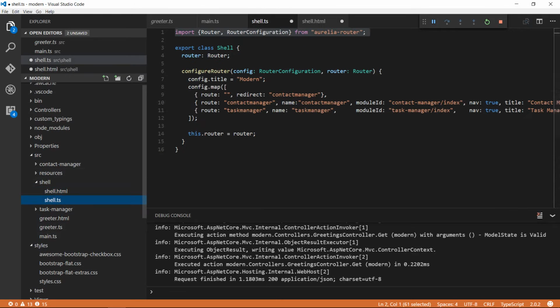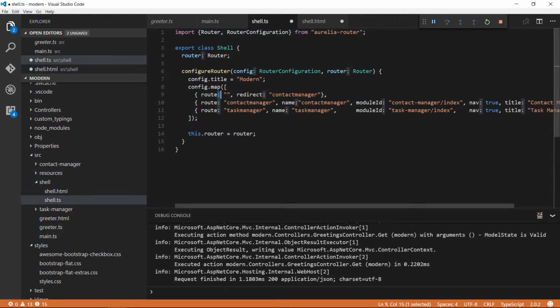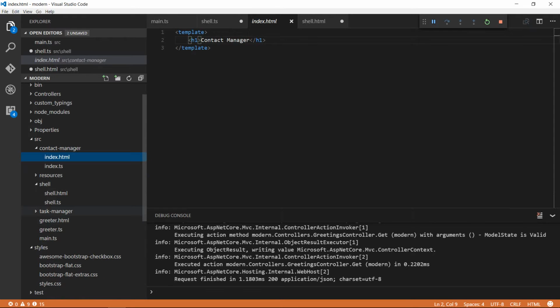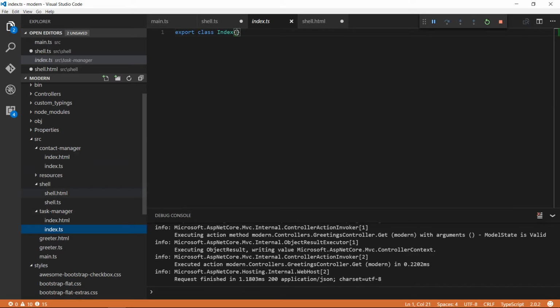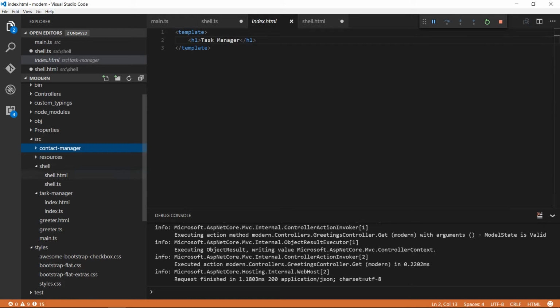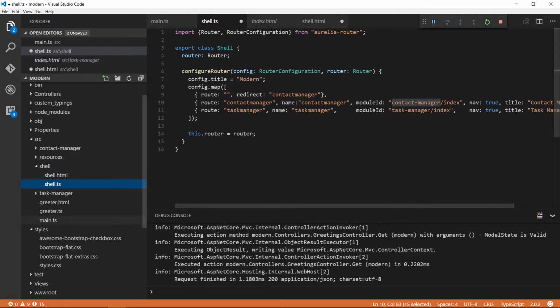But we will have a problem because we're always accessing the application using localhost 9000. Guess what's going to happen? It's going to redirect to contact manager, and then the contact manager is going to look for a module named index under the contact manager folder, which we haven't built yet. It's very easy. So what I did was I put in a dummy index.html and index.ts. So when it looks for it, at least we'll have a dummy view rendered with the name contact manager and a dummy view with the name task manager rendered. So I just created these two folders and the dummy files, which are going to serve as the entry point from this router. Okay, so let me click save all,